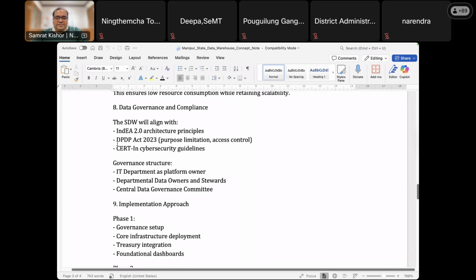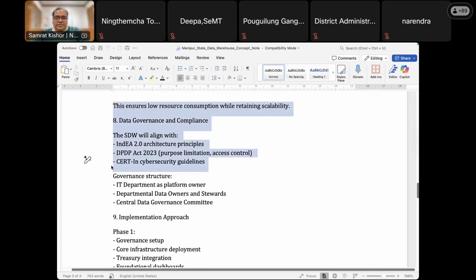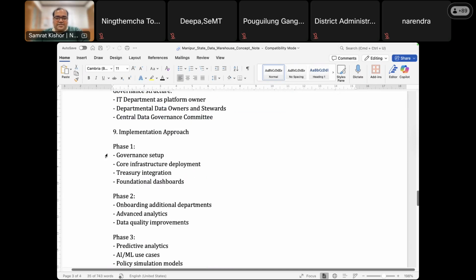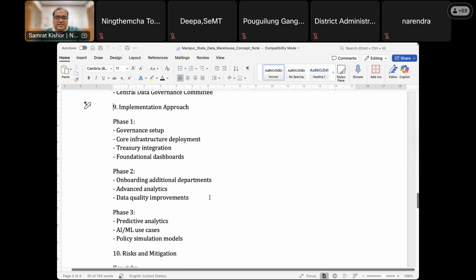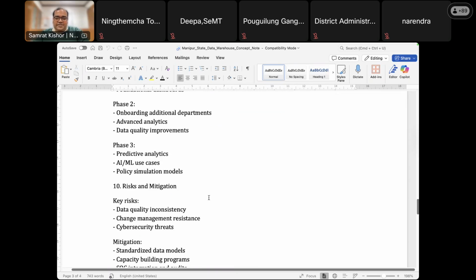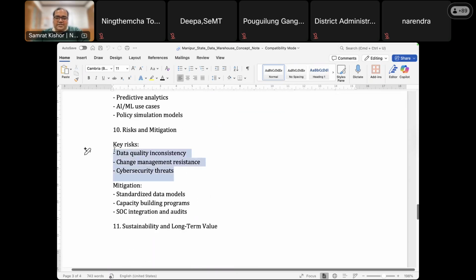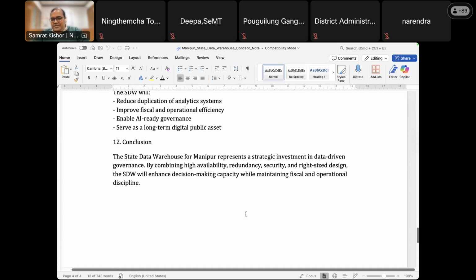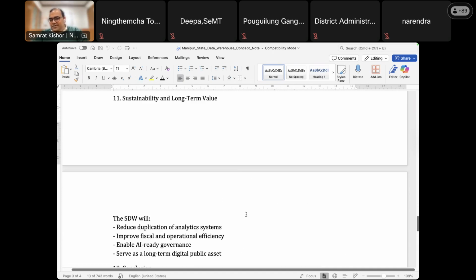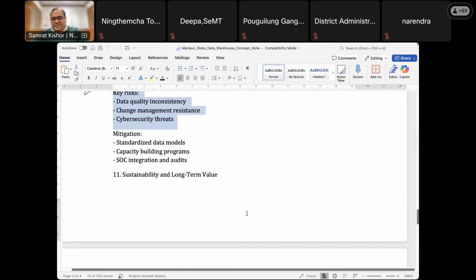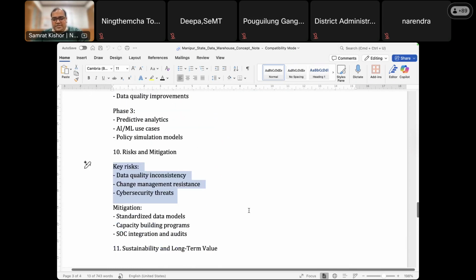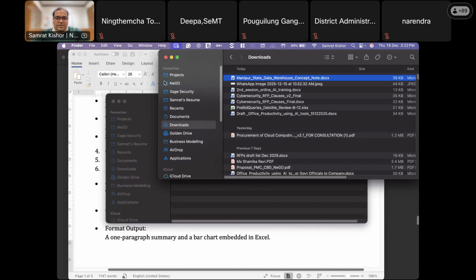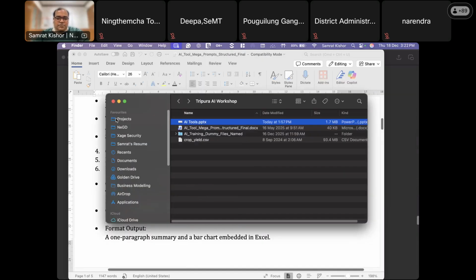It has also used the kind of inputs we gave around governance, compliance. It has already created some kind of implementation approach for different phases. It has come up with key risks, etc. Now, all that looks like an outline to me because, as I was saying earlier, this is my way of creating documents. So I start with an outline, and then what I can now start doing is I can give